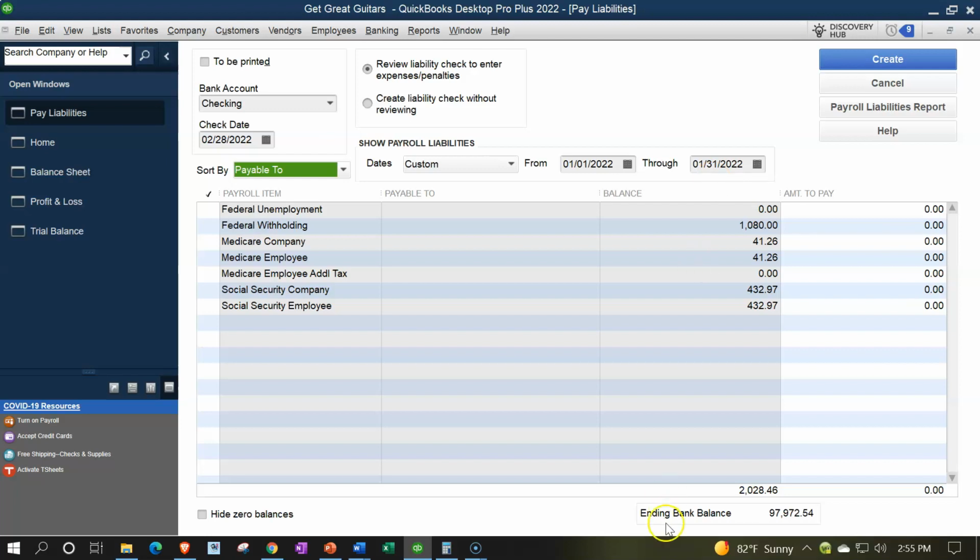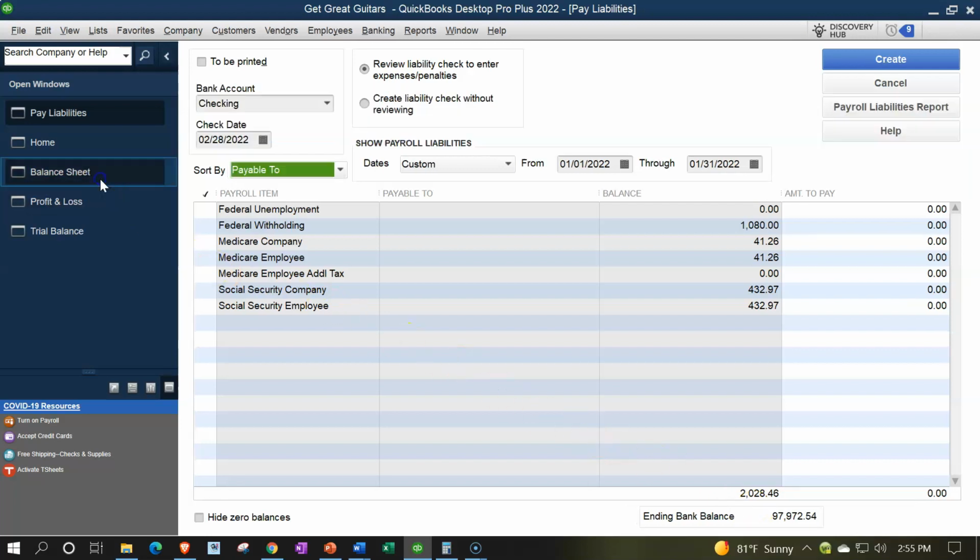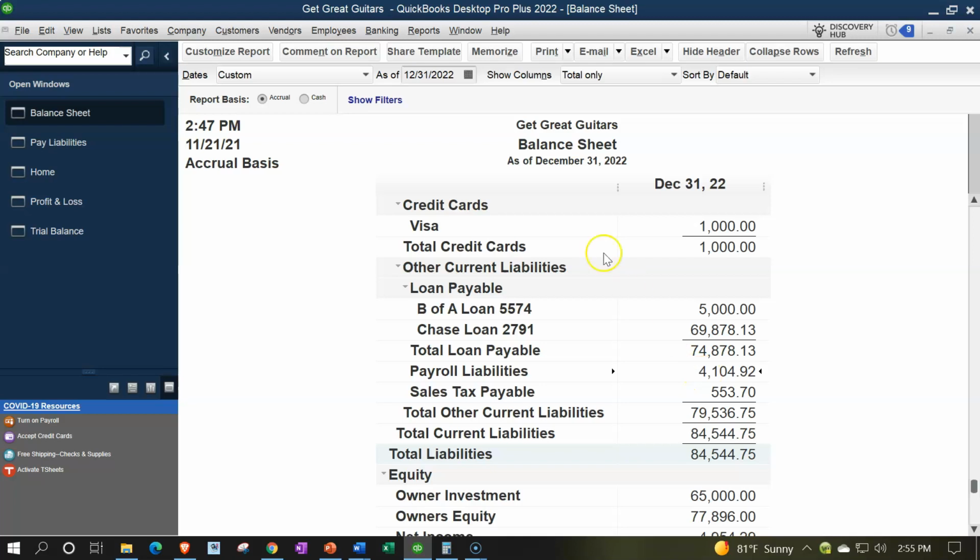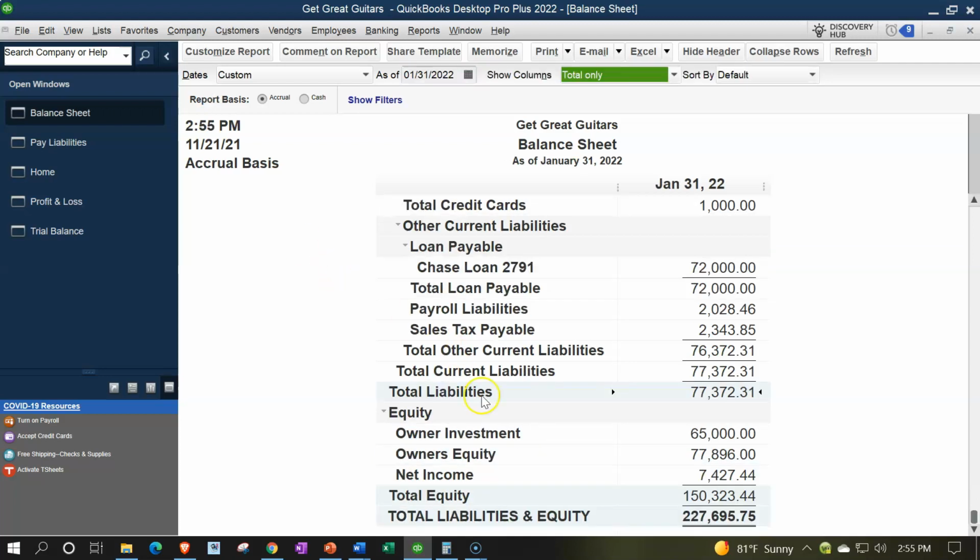Now note that the total down here comes out to 2028.46, which you would expect to be in your liabilities as of the end of January. So if I go back to my balance sheet, this is the end of February. What if I pulled this out to 01/31/22, and go on down to our liabilities? Now we got the 2028.46 that is owed as of that point in time, which we're going to pay now